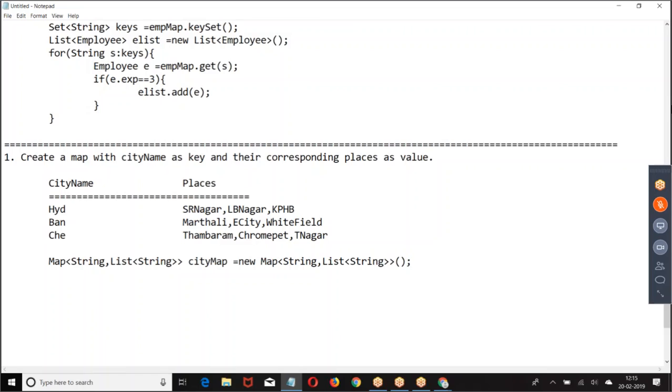Map of string, list of string: cityMap equals new map of string, list of string. Key is the string, value is the list of string. Then I have to take